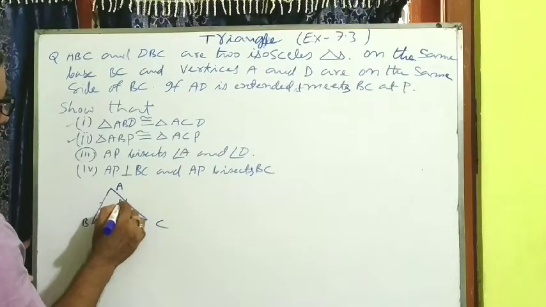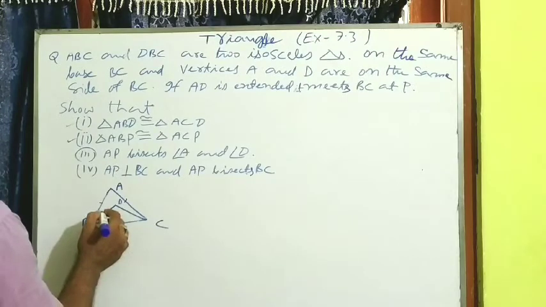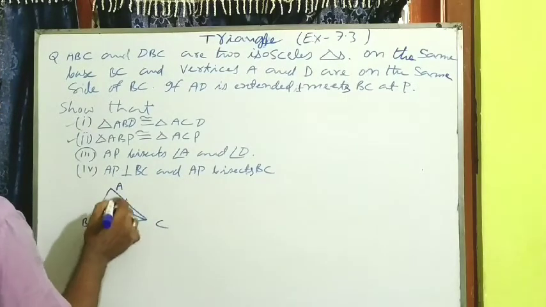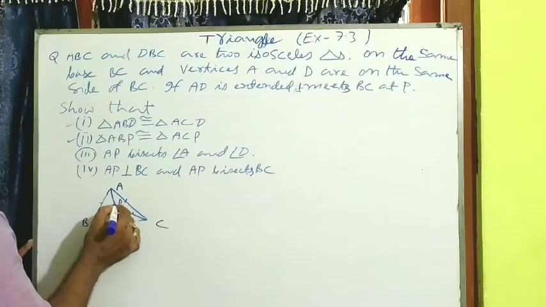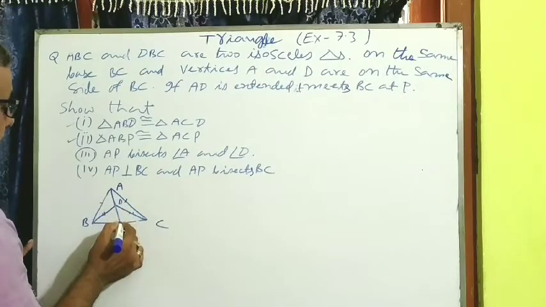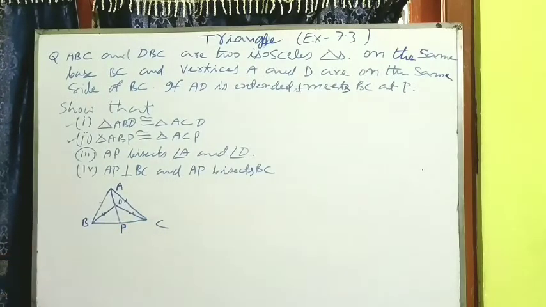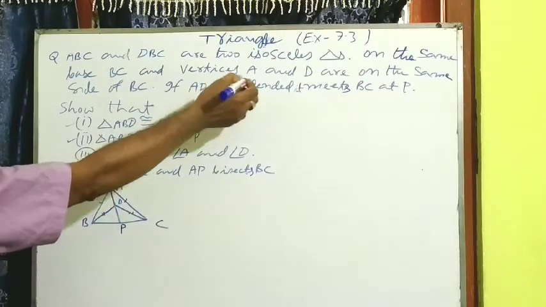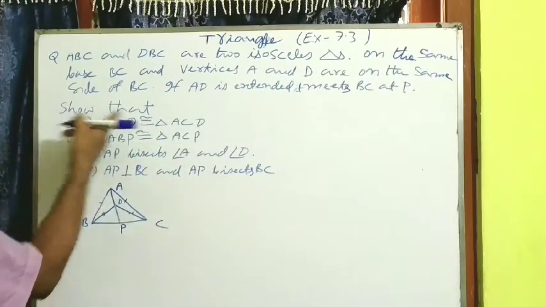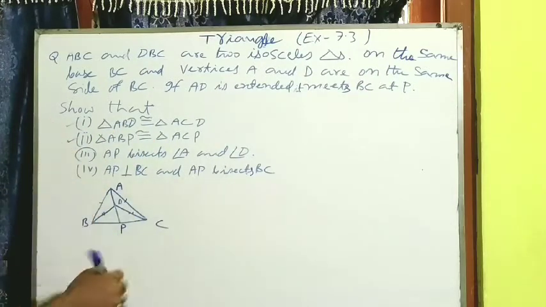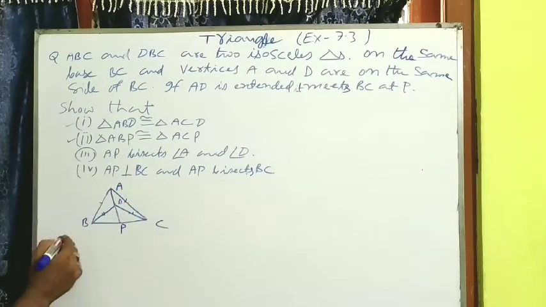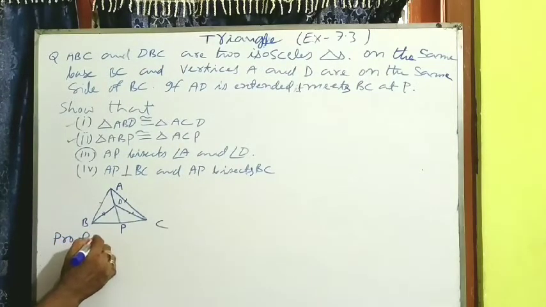Mind here. Isosceles triangle, that means this will be equal to this. And AD on extending meets BC where? At P. I think you understood nicely. So the diagram, whatever is given, that I have written. The proof is already given, so directly I am doing from where? After the diagram, I am writing here proof 1. Here you see in proof 1 what I am doing.